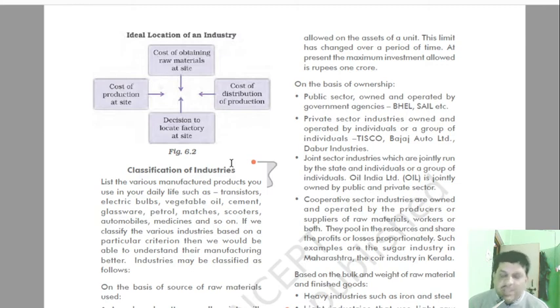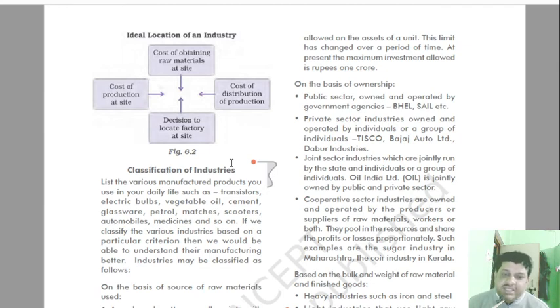India is a mixed economy. Here, private industry and government industry, both types of industries exist. Joint sector means it is jointly run and owned by individuals as well as the government, like Oil India. Some shares of these government industries are sold in the market, and a portion of the assets is owned by private people, and that is known as Oil India Limited.